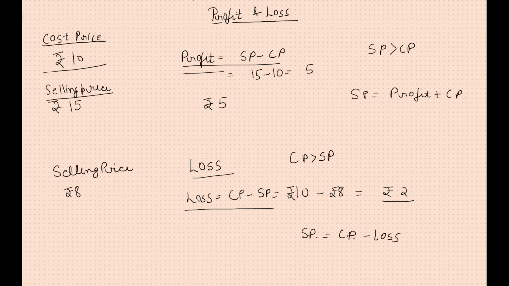Profit and loss are the two quantities which tell us that if I bought a pen for 10 rupees and if I have sold it for 15 rupees, then I am having a profit of 5 rupees. But if I sold it for 8 rupees, then I am having a loss of 2 rupees. So selling price equals cost price minus loss, or selling price equals profit plus cost price. Profit is faida, कितना फायदा हुआ है मुझको, and loss is कितना नुकसान हुआ है मुझको. Okay children, so